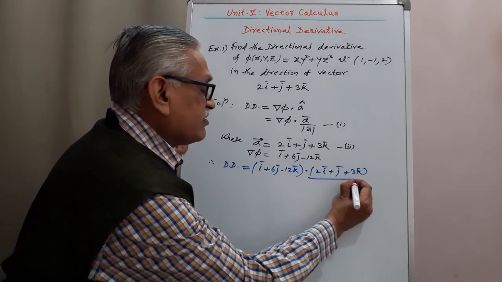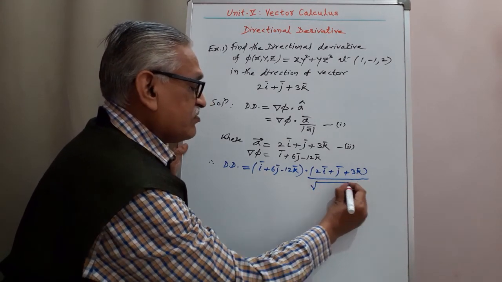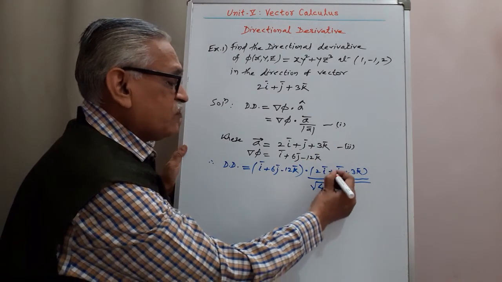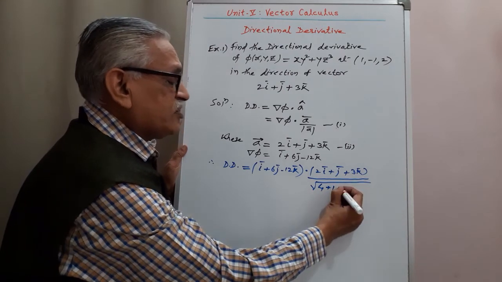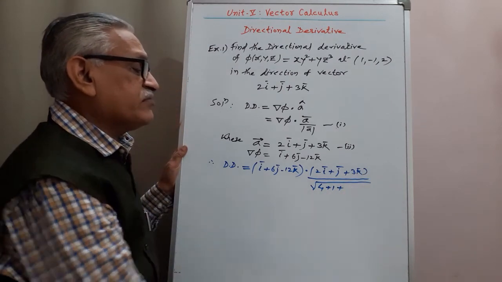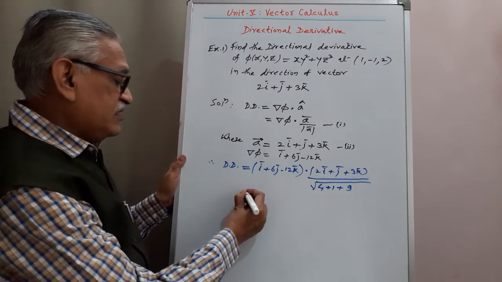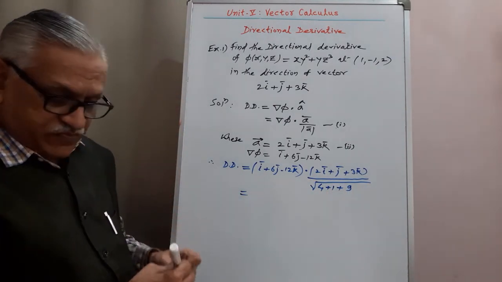Magnitude is given by root of x square plus y square plus z square. X square means 2 square, 4, y square is 1 square, 1, and 3 square is 9. And then it is equal to